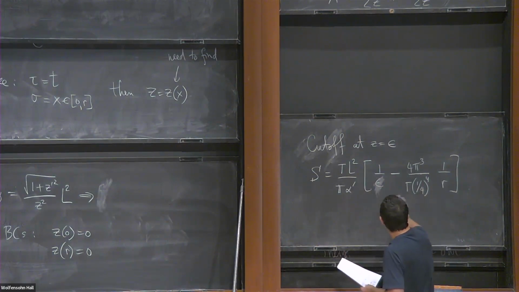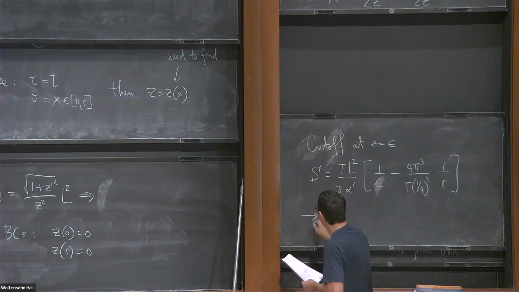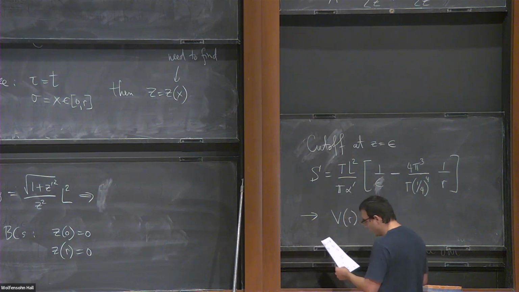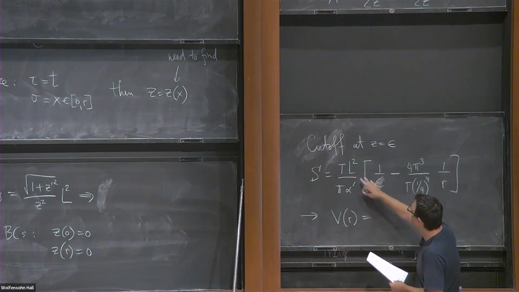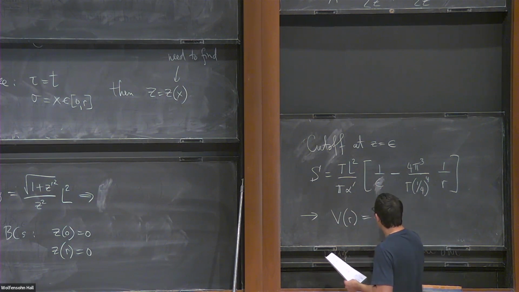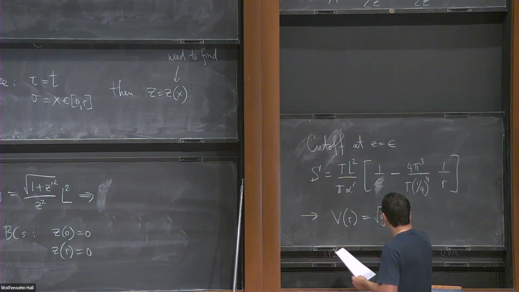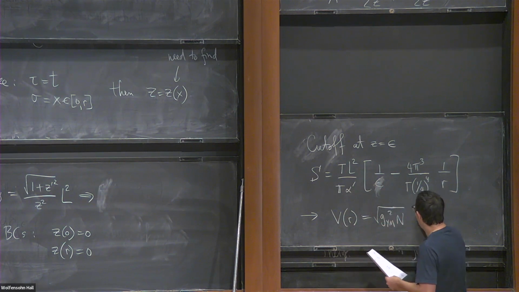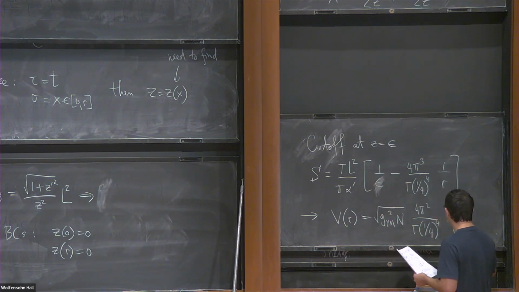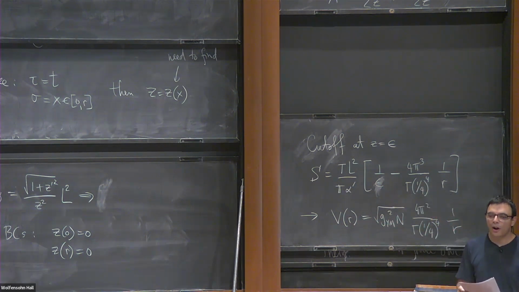So the quark antiquark potential is actually given by the second term. If we then translate L squared and alpha prime to gauge theory quantities, this would be the square root of g squared N times 4 pi squared over gamma of 1/4 to the 4th power times 1 over r. Is the 1 over r expected?